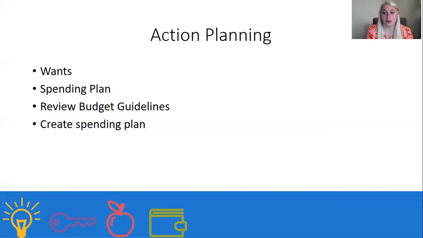That's maybe $20 that you're cutting out. So that's going to be where you review your budget guideline and where you're really falling behind. And that's where you can adjust and put that extra $20. And then lastly, for your action plan, the actual last step is going to be creating that spending plan and